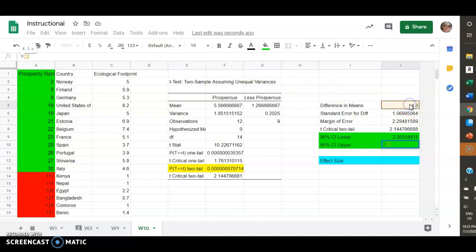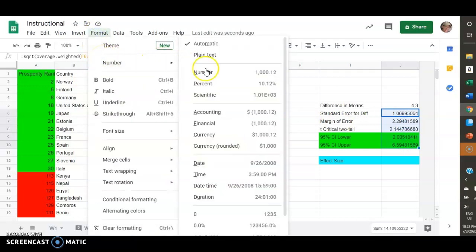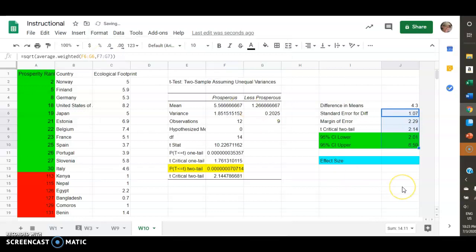So again, the difference in means, but this time plus that margin of error. So that's that plus or minus situation, and that gives me the confidence interval. I'm going to clean these up a little bit. I'm going to drag over these numbers, go to Format, Number, and maybe right here,